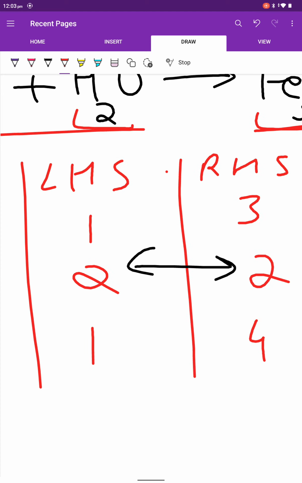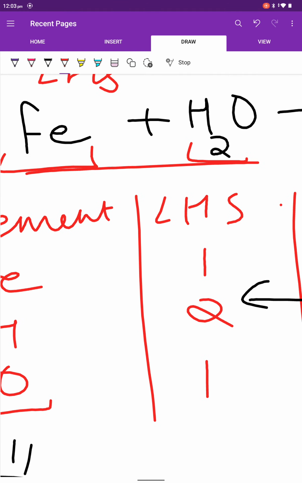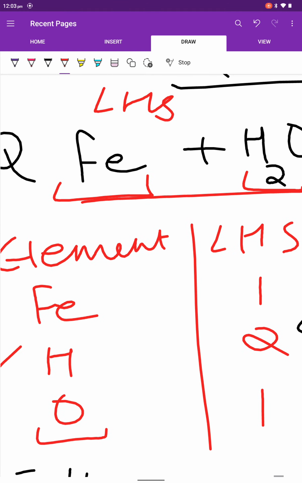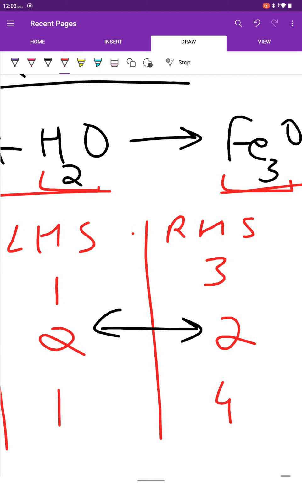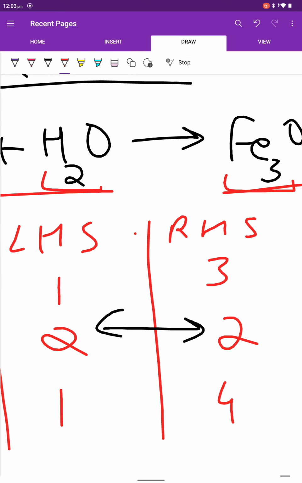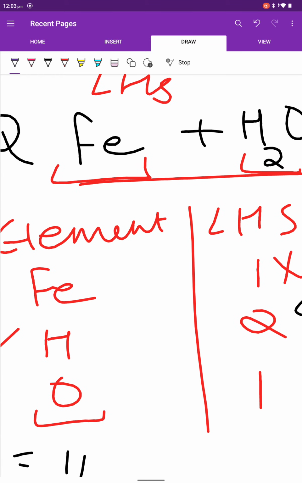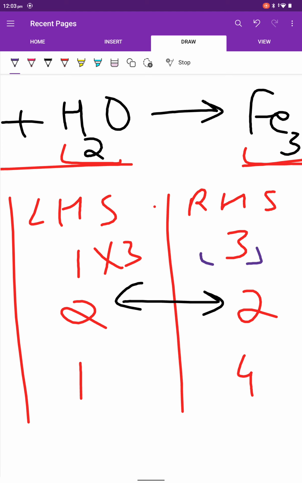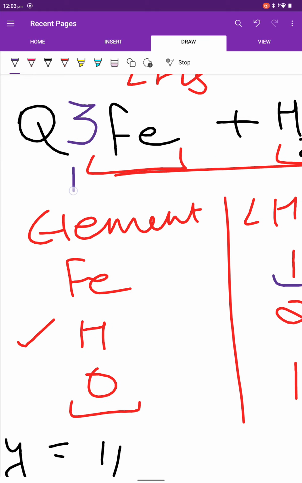So before balancing the chemical equation, we have written the elements and LHS and RHS to make it very simple, right? So first of all, we will write here that LHS is not equal to RHS. So we will multiply it by 3. It will become 3, means iron को हमने multiply किया 3 से, तो वो बन गया 3. So यहाँ पर लिखेंगे 3 to balance it. Got it? यहाँ पर RHS में there was 3 and here was 1. So we have multiplied by 3, nothing else. So यहाँ पर हमने 3 रख दिया.